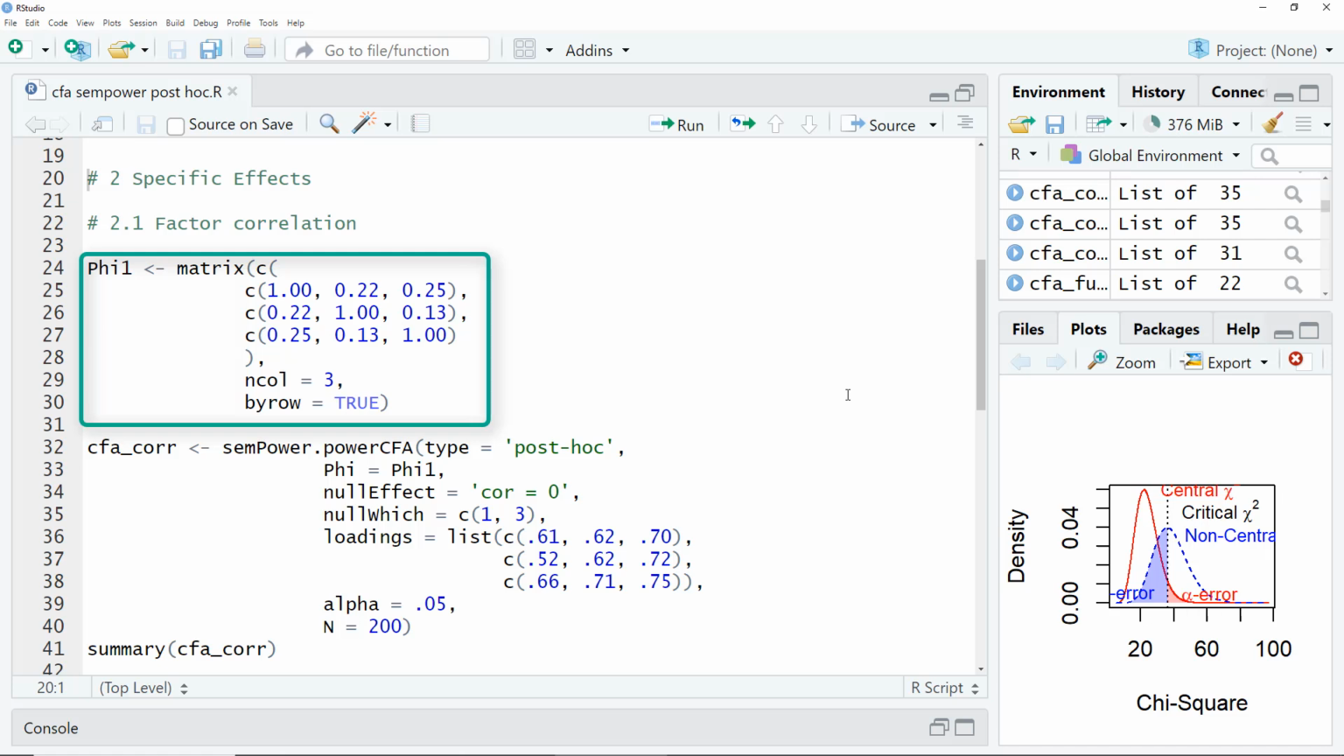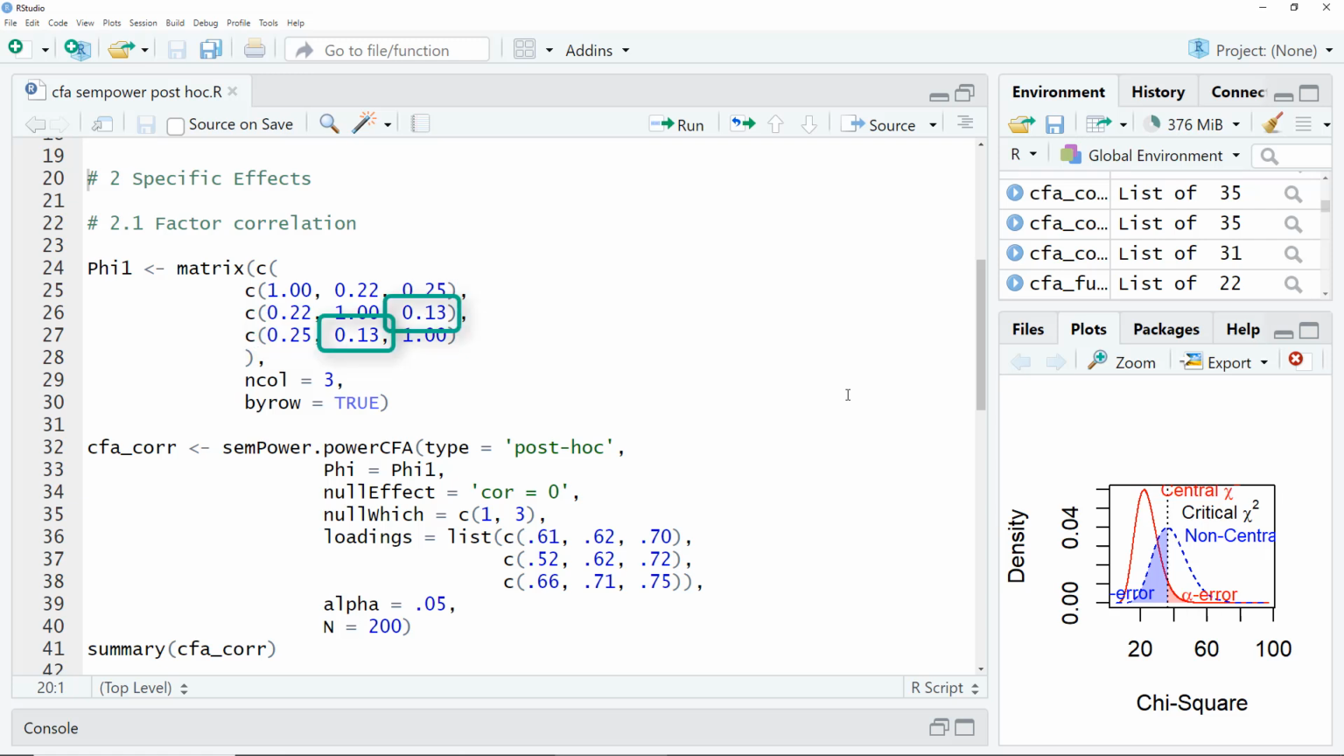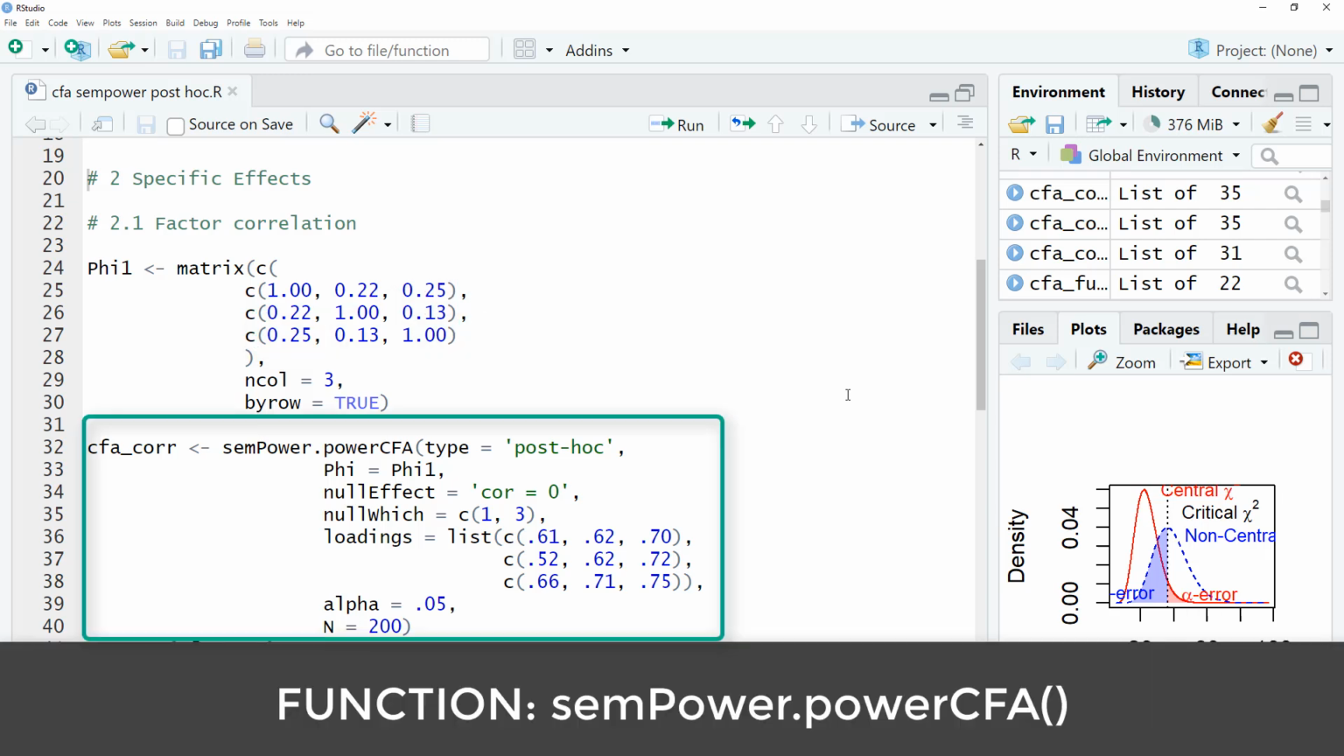Here we have three factors, therefore we have three lines and three columns. On the diagonal the variances. In this example I had set the variances of the factors to 1, so therefore on the diagonal there are only ones. And then the covariances, or here in the standardized case, the correlations between the factors. Between first and second factor, first and third factor, second and third factor. With that we can go to the function